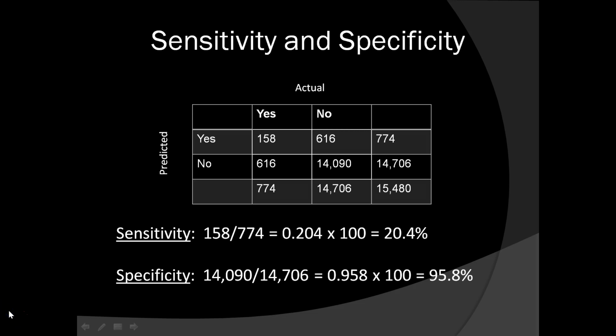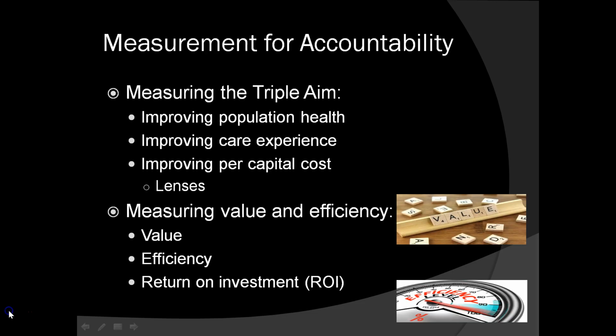Now, a perfect model would have a sensitivity and specificity equal to 100%, but in reality, there are no perfect models. Measurement for accountability. So we're measuring the triple aim, and for the triple aim, our goal is obviously to improve population health. The model by Evans and Stoddart, in 1990, expanded the relationship between healthcare and disease